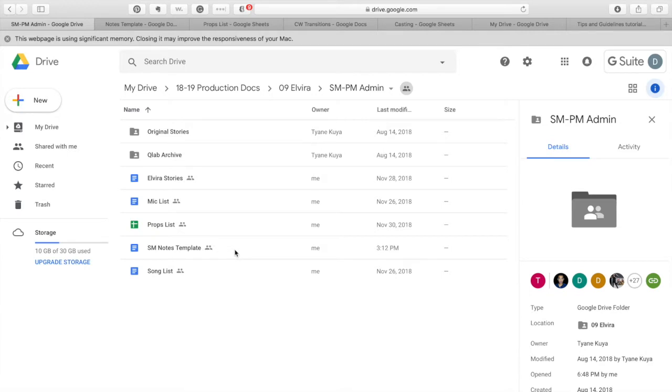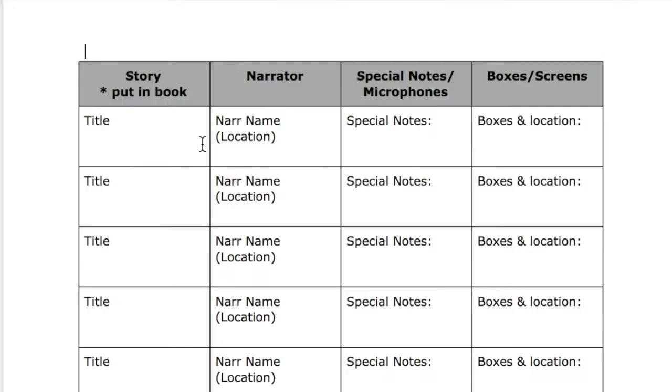So here's how to fill out the stage manager notes. It will be your best friend for transitions, and it tracks every single logistic element. So if you look, the first column is the title. And this template, like I said before, is going to be already in the school folder for the show you're doing. The first column is the title, and you'll see at the top it lists the asterisk